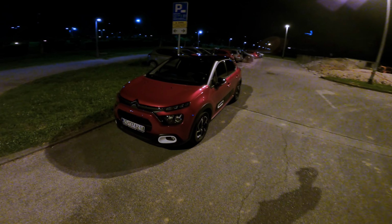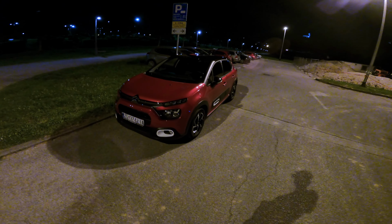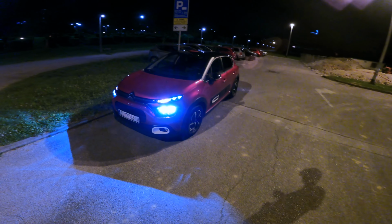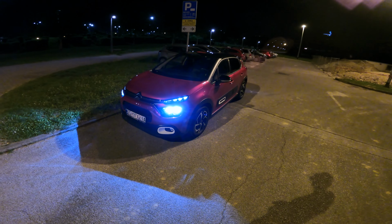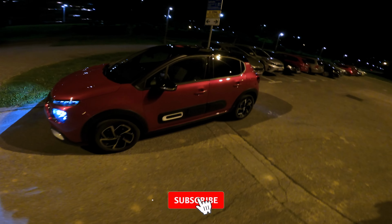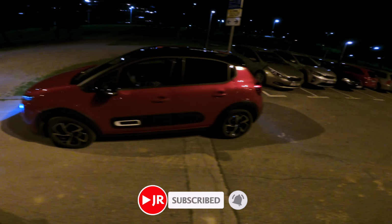In front of us is the new Citroen C3 facelift. This is the Shine package, 17,000 euros with few options. Here are the beautiful LED headlights. We're sitting on 16-inch alloy wheels, and we have